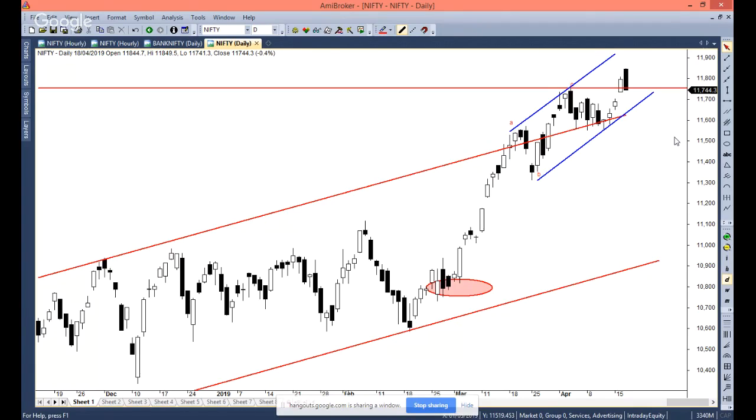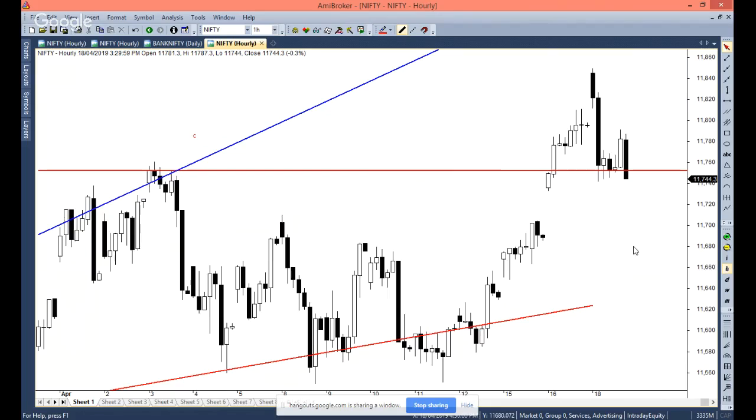I would suggest you look at an hourly chart. Try to see an hourly close above the prior bar's high. Right now we are seeing the movement on the downside, and once we see an hourly and a daily close above the prior bar's high, that will be an indication that the up move is resuming. So for now, if on Monday, since tomorrow we are not working, we again see a move giving an hourly close above 11,791, that's a short-term indication that yes, there is a possibility that we are resuming on the upside.